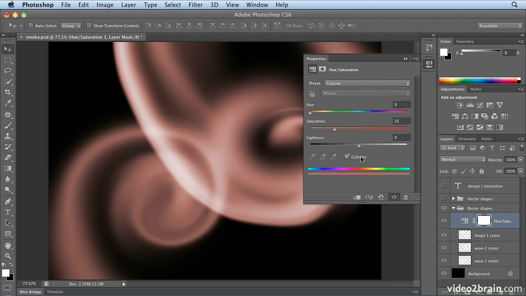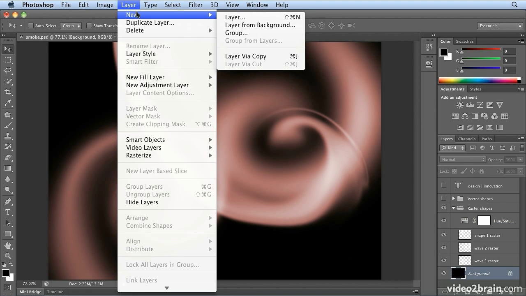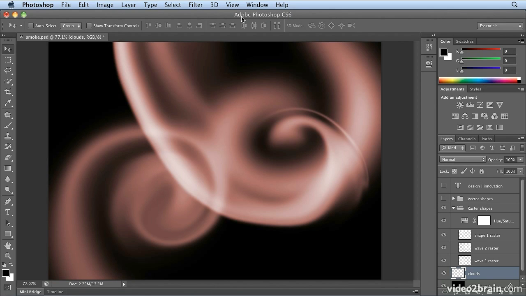When I click Colorize, there I get an effect that applies to everything. I'll collapse Hue and Saturation, and now I want some texture. So I'm going to click on the background layer because any new layer that I build goes above the layer I'm on. I'll choose Layer, New Layer, and call it Clouds. I'll click OK. And now I'll choose Filter,